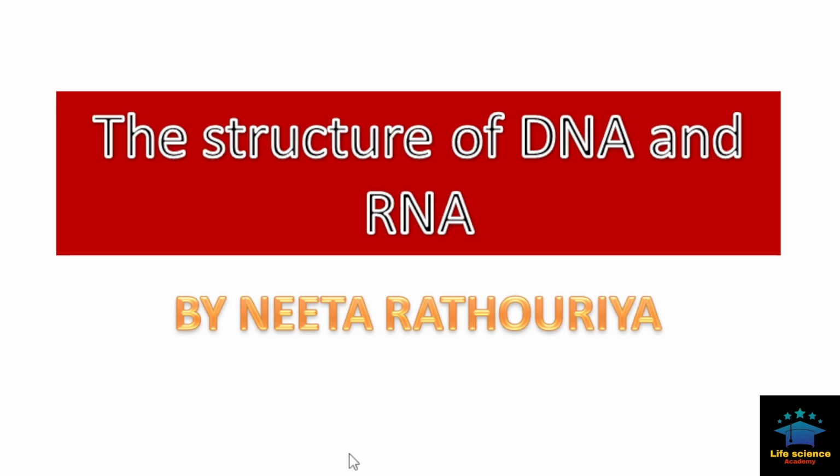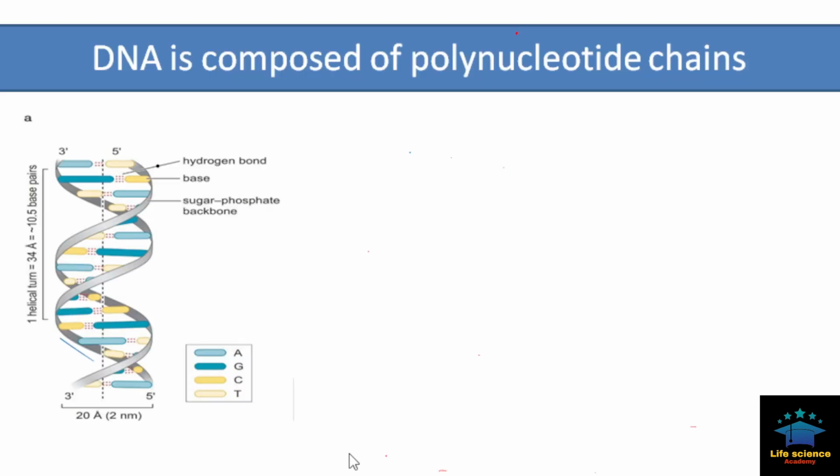Hello friends, in this session we will be talking about the structure of DNA and RNA. So let's start with DNA first. DNA is composed of a polynucleotide chain. So we will simply define the structure of DNA before going on to discuss the definition of DNA. If we talk about the structure of DNA, we have some basic points, and these three basic points are: